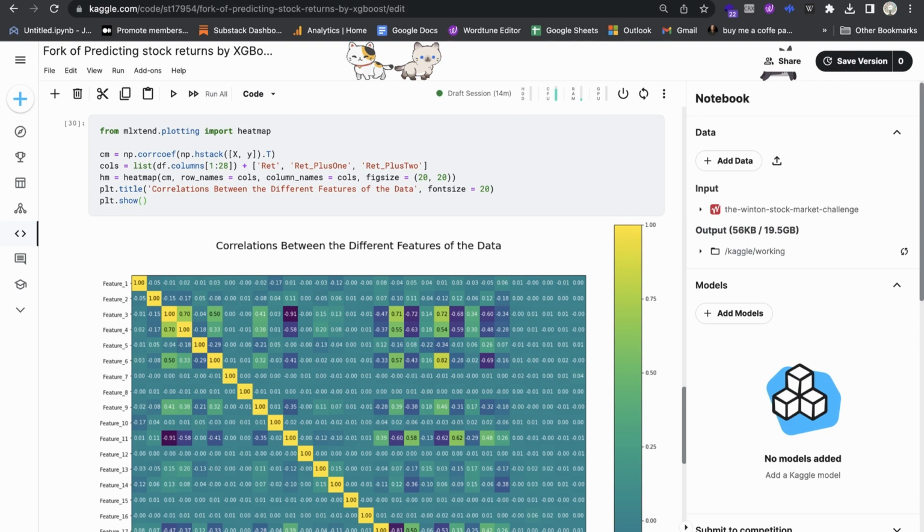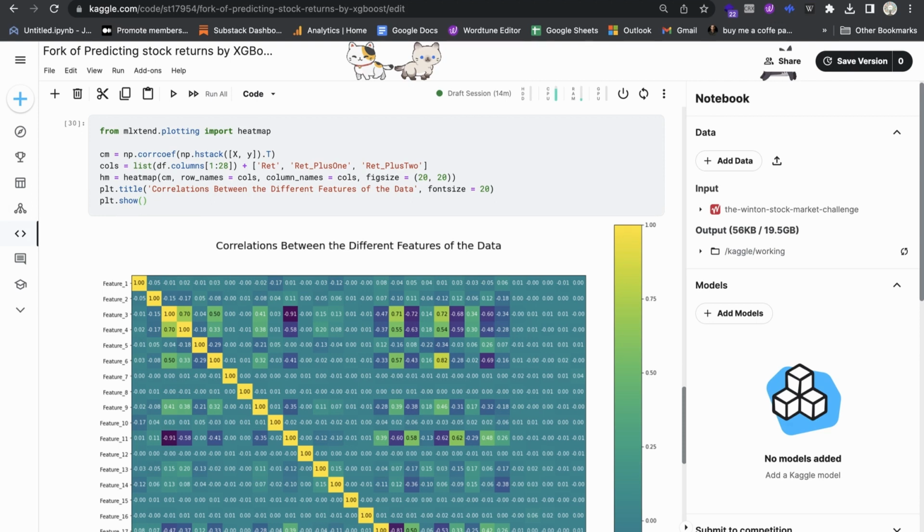the median prediction. The code executes a series of operations to construct a correlation heat map using the mlxtend library, which can be explained in layman's terms as follows. Initially, the code imports the heatmap function from the mlxtend library's plotting module. Following this, it computes the correlation matrix, denoted as cm, using the np.corrcoef function. This matrix is derived from the stacked values of X, the input features, and Y, the output labels, after they've